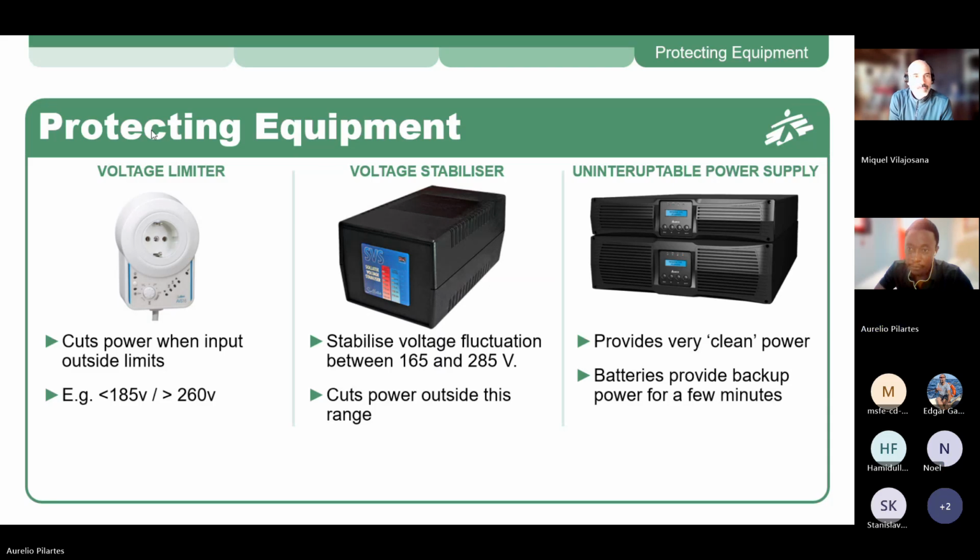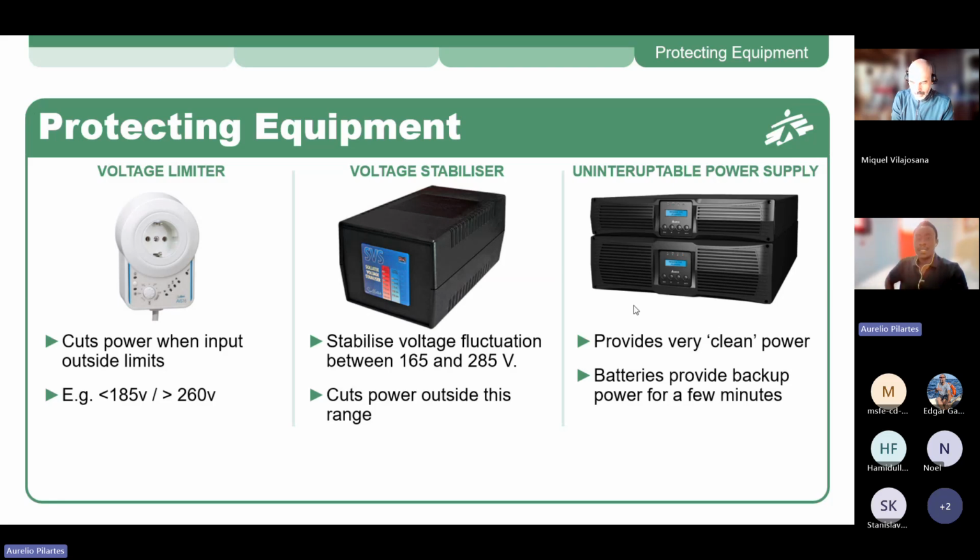From the UPSs, as we were saying, their energy is very clean because the output voltage is not really conditioned by the input you have, as it goes through a double conversion process. So there is a very, very small impact from the input on the output. This is why they have very clean power. And the batteries will give you more autonomy. Here, for example, you usually have the UPS and the battery pack with the Delta Amplon UPSs to provide you some backup autonomy.